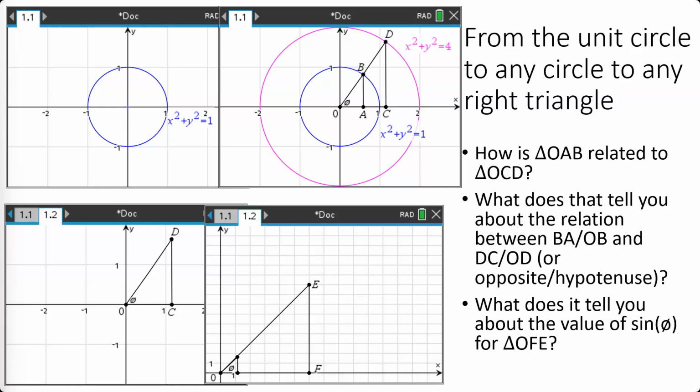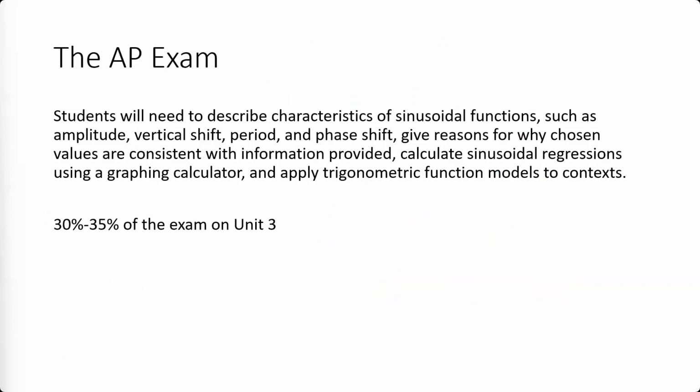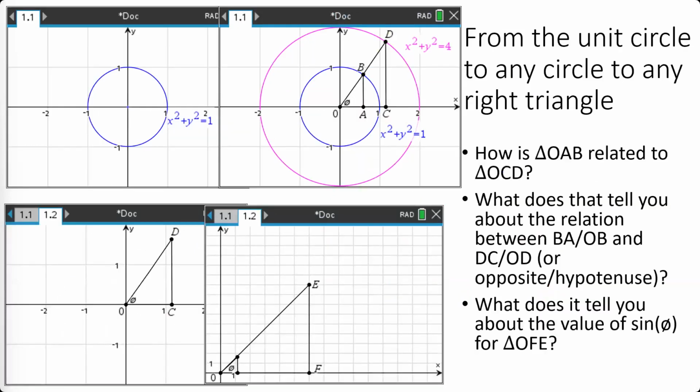Okay, right. And that dilation says you can go to any circle. And once you have the circle, the triangles that you can form from taking a point on the circle get you back to the similar triangles. And so you can take that triangle right out of being anchored to the origin and put it anywhere. And it gets you the connection that you need to the Pythagorean definition of opposite over hypotenuse and things like that. So these definitions all connect, even though what we do in trig is the unit circle approach. Next slide.